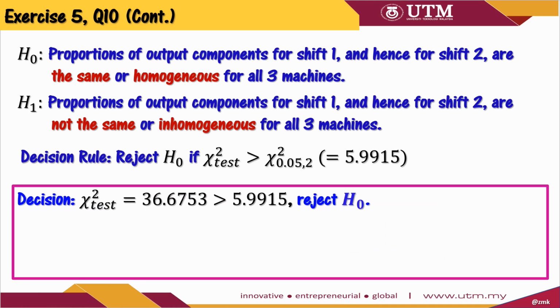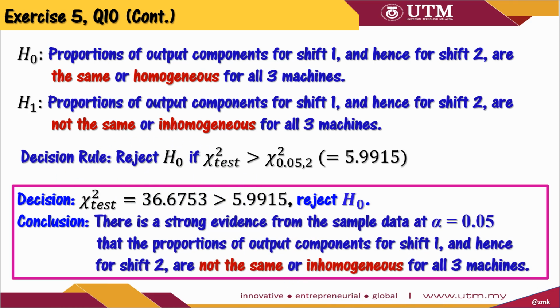Therefore, we should reject the null hypothesis H0 in favor of the alternative hypothesis H1 and conclude that there is a strong evidence from the sample data at the level of significance alpha equal to 0.05 that the proportions of output components for shift 1 and hence for shift 2 are not the same or inhomogeneous for all three machines